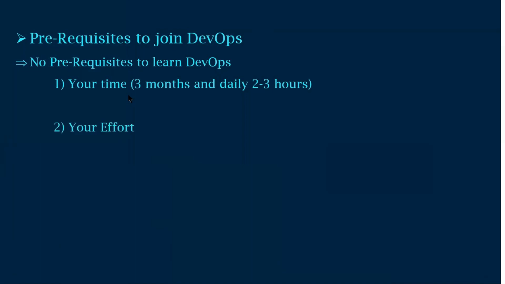And also your effort. On a daily basis everyone should practice. If you want to learn DevOps, you need to dedicate at least 50 days, and practice on a daily basis. You need to put in your effort and dedication. Dedication is very important. Some students in my previous batches used to practice only on weekends. Whatever classes happen daily, we need to practice daily. If you practice daily, you can easily cope up in the projects and crack your entry.